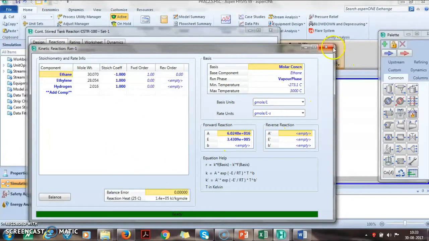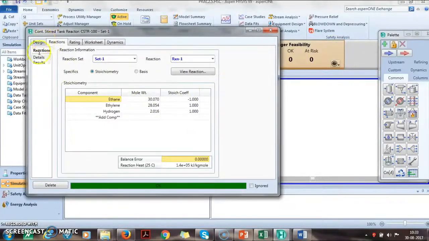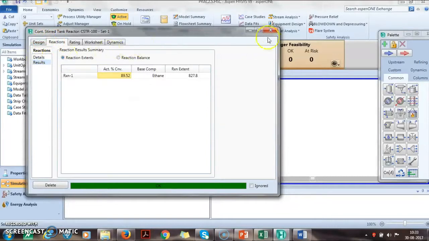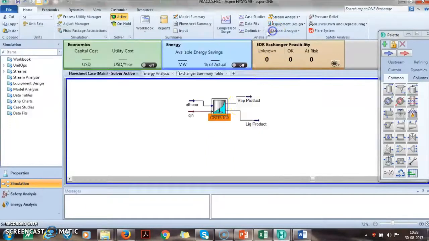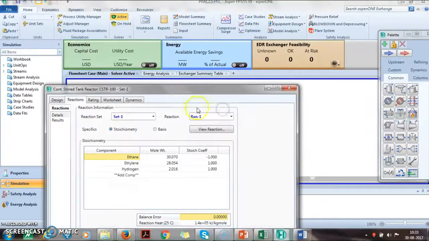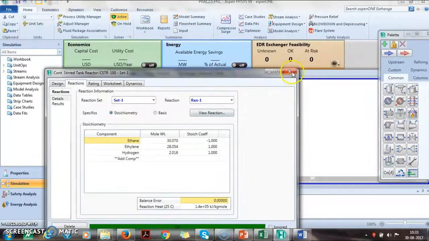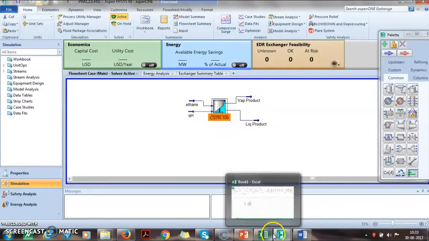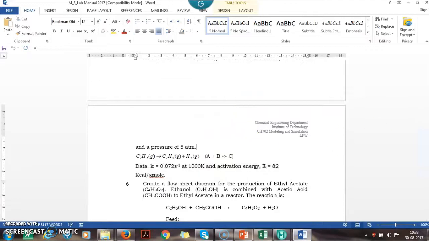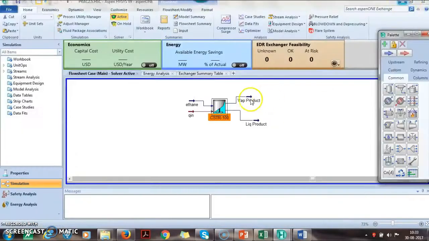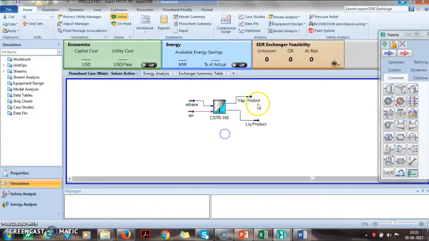Now if I change the units, let us see the result. Yeah, the results are changing. So the unit of reaction has a big impact, and that's why, since the k value which is given is in second inverse, and since my data is in kilocalorie per gram mole, that is the R value, I have changed the unit accordingly.